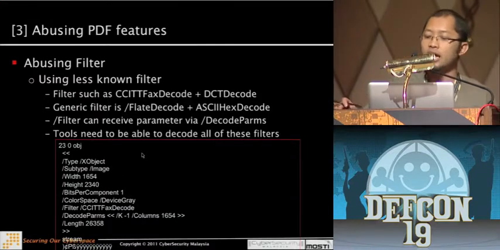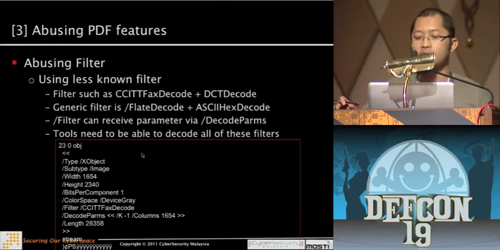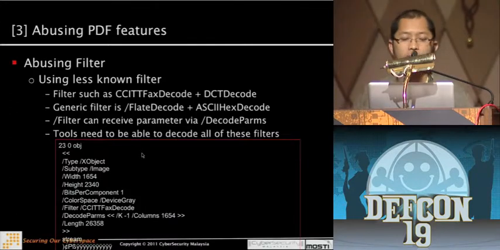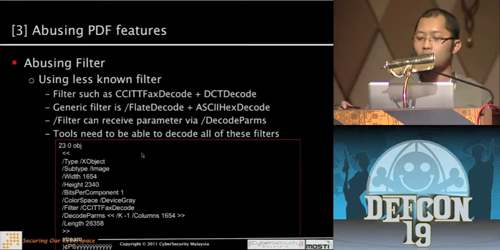If you use a less known filter, for example CCITTFaxDecode and DCTDecode, there is a high chance your malicious PDF will not be detected. In general, the common filters are FlateDecode, ASCIIHexDecode, and ASCII85Decode,